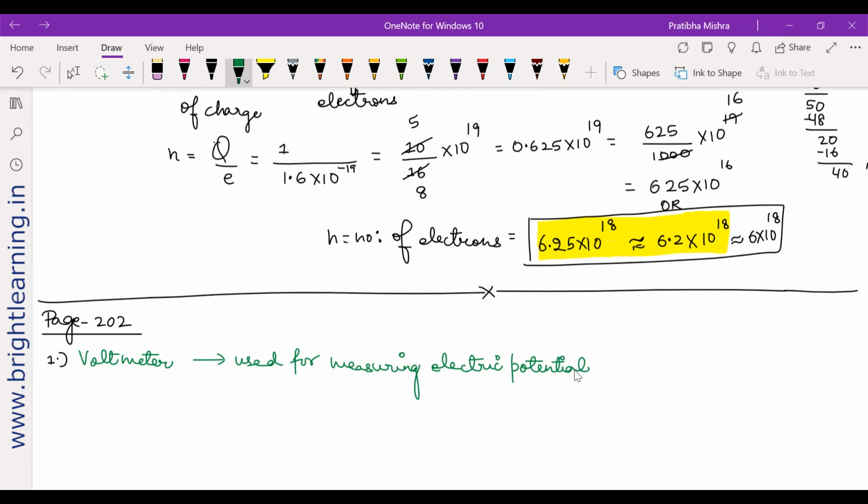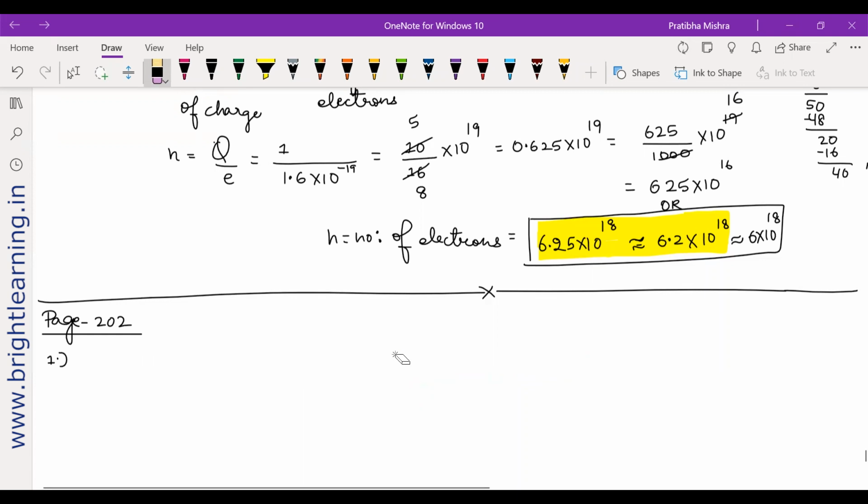Okay. Now, after this, what else do we have? So this is done. So basically, this is name a device, right? You can use a voltmeter also, or let me also tell you one thing. What is the question? The question is name a device that helps to maintain a potential difference, not to measure a potential difference. Okay, it is used for measuring. That is what I have written. But is the question asking for measuring it?